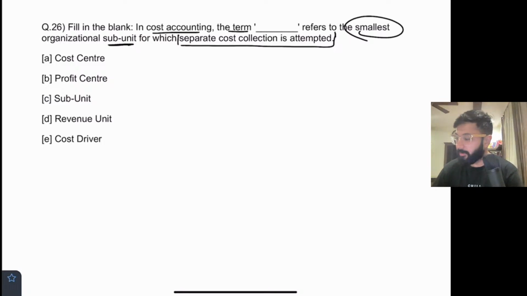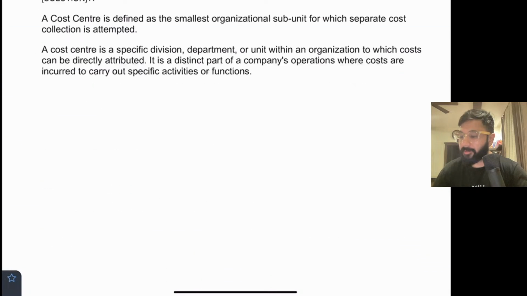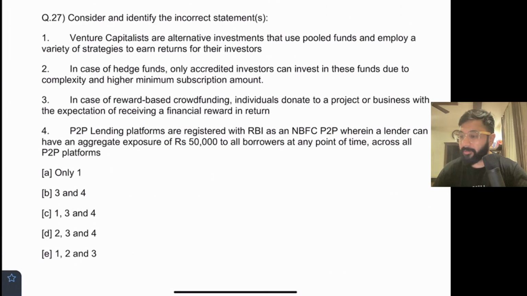Yes, the answer is option number A. Cost center is the smallest subunit for which a separate cost collection is attempted. Answer is option number A. Simple question, simple answer. इनकरेक्ट स्टेटमेंट हमसे पूछा है यहाँ पर। क्वेश्चन नंबर 27, venture capitalists are alternative investments that